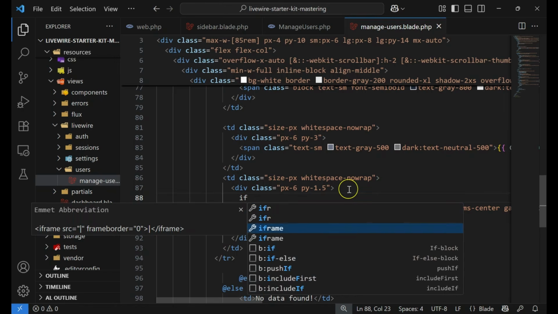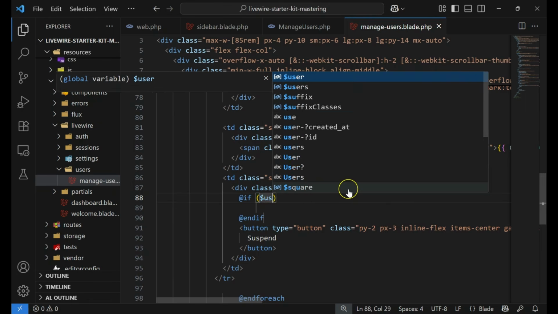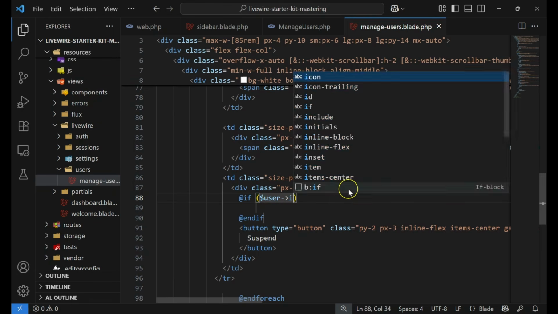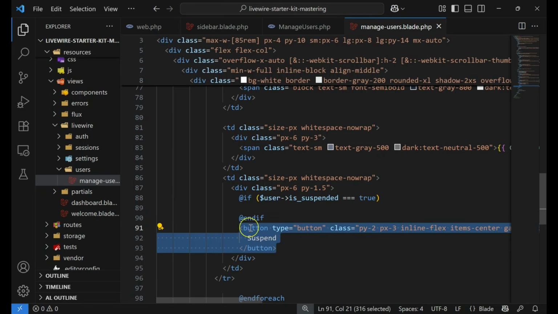Use if, then I'll use this one. So if user then is suspended, let's say you can just say if equals true. Okay, so if equals to true, then you can just show